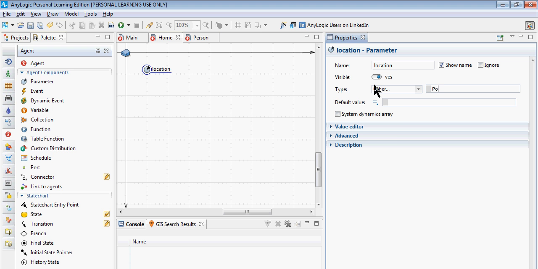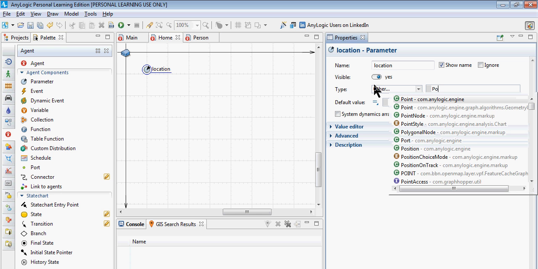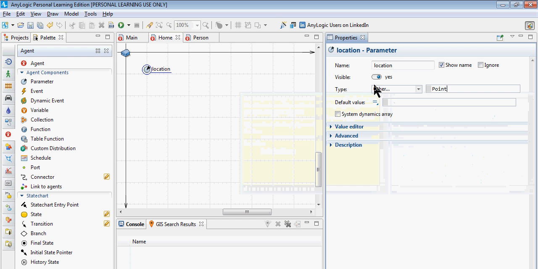Okay. Let's go to main, and let's go to the homes. Now, by virtue of having that parameter, we need a location here. Do you see that? Okay, watch this. We're going to say this dot